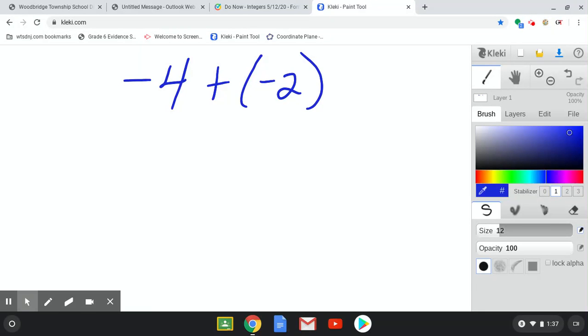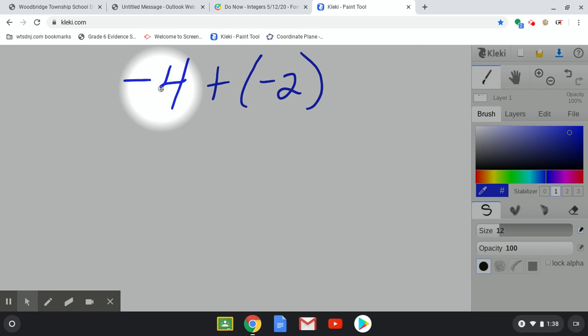I'm going to be doing a quick review on adding, subtracting, multiplying, and dividing positive and negative integers for your do now today. All right, so right now we have -4 plus -2. You have to remember the rules. First of all, this is an addition problem, right? Which is good. So our addition rules are if the signs are the same,